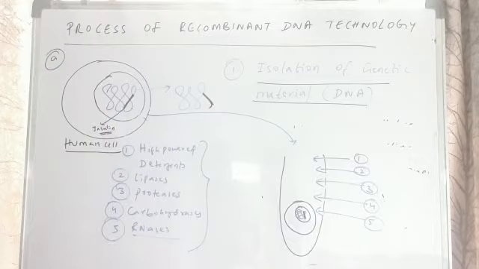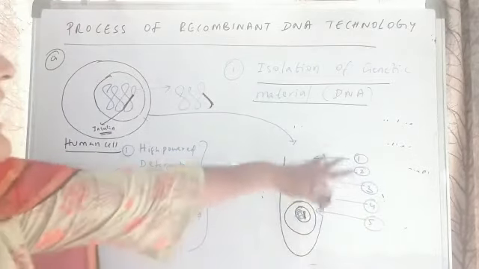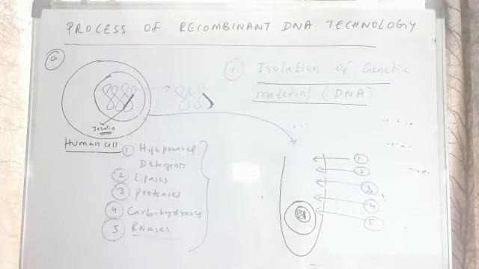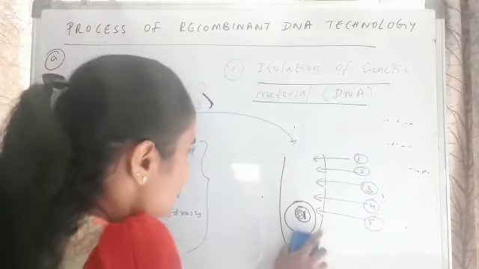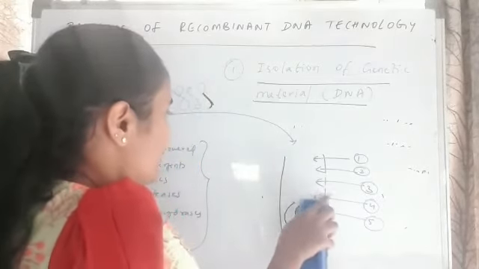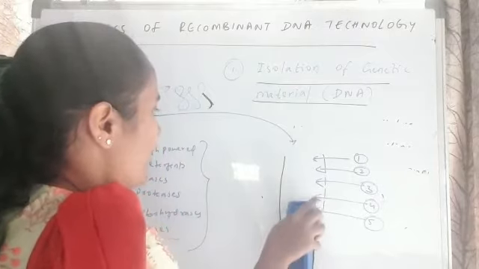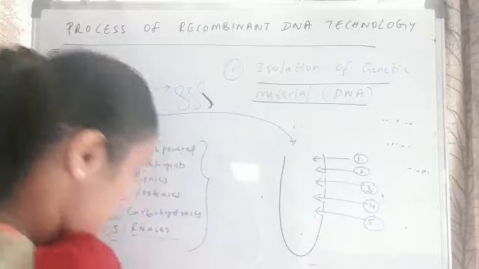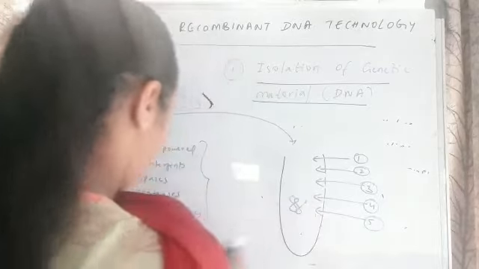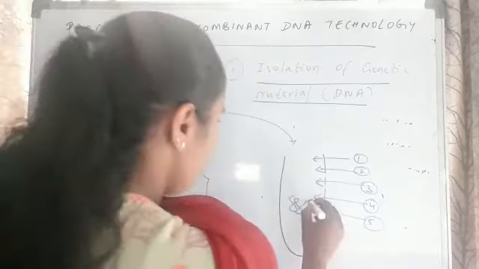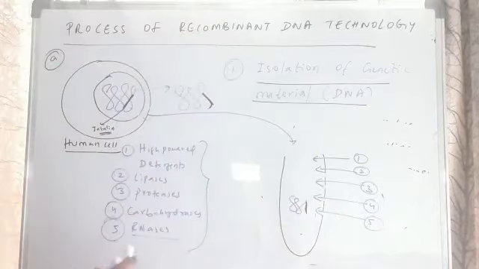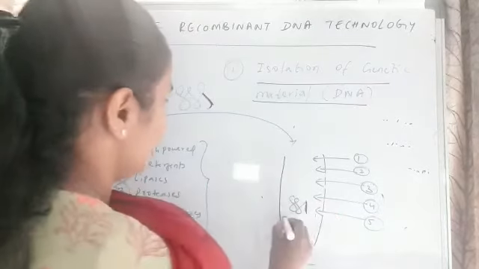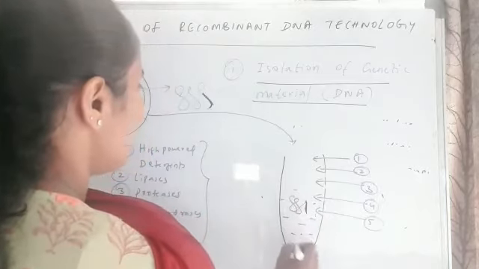So except DNases I will be adding all this material which I have mentioned here. Now because of this material, the membranes, everything is getting broken here. So when we have already added all this stuff, all these materials have broken down. All this material is broken except the DNA. So DNA is safe here. All this remaining material has broken down.